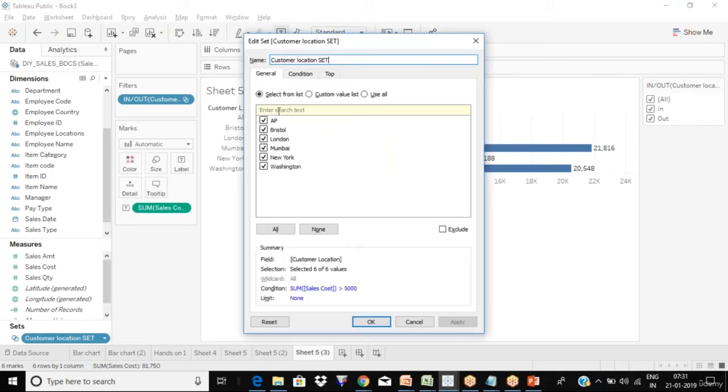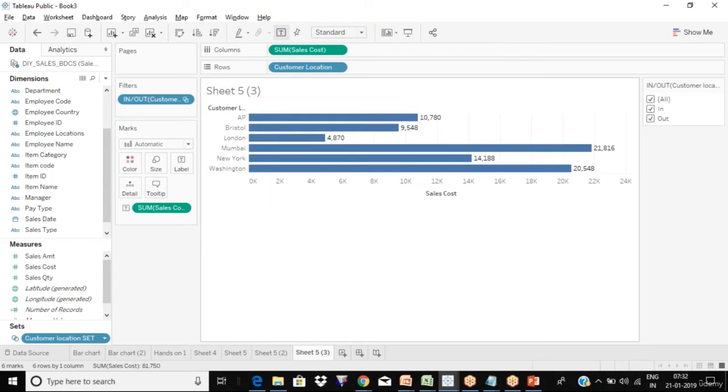Shinu, sorry to interrupt. One question. My data is coming as yours is coming, and if I select filter as in, all the data is coming, but for one country the label is missing, and I'm not finding the option to add label in it. I got one option, mark label, but it's selected as automatic.